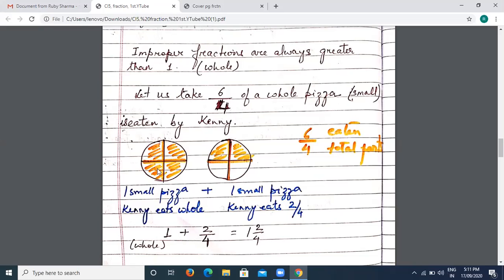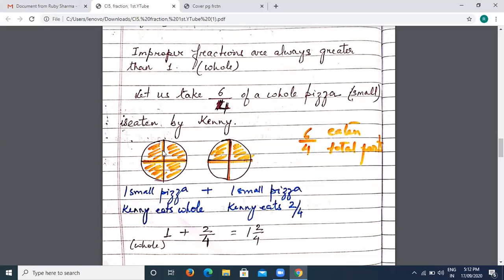Suppose you have a small pizza with 4 parts. You can eat 4 parts from here. So if you need to eat 6 parts, you will have to order another pizza and eat 2 parts from there. Then only you will get 6 by 4. Each pizza should be divided into 4 parts. The denominator is what each object is divided into. So here this object was divided into 4 parts, and we got 4 parts out of it. So we had to order another pizza and eat 2/4 from there to eat 6 by 4.